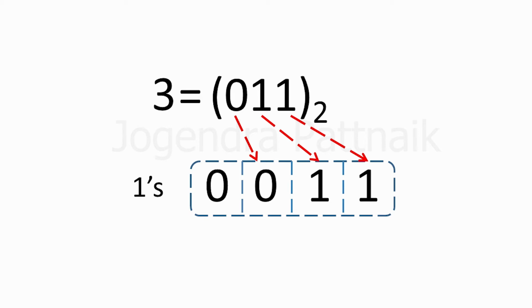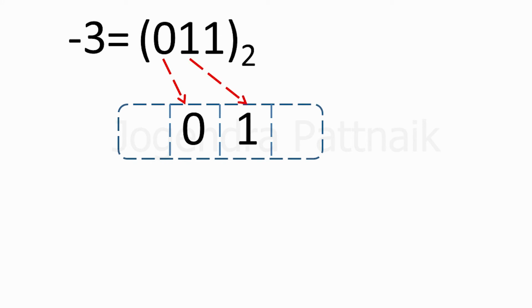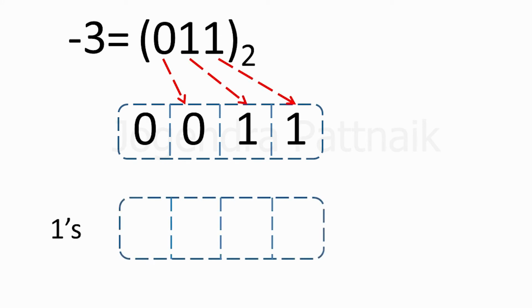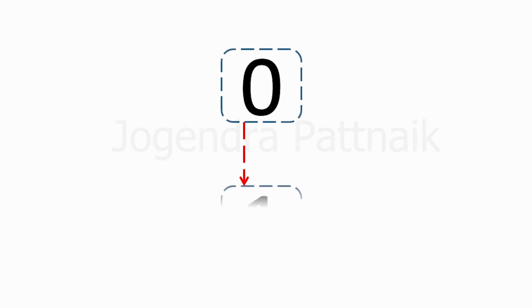Let's calculate the ones complement of the value negative 3. First we have to calculate the binary representation in 4 bits, which is 0011. Then to convert a positive number into a negative, we just have to complement each bit, that is we have to convert zeros into ones and ones into zeros. So our number will be 1100 in 4 bits representation. So what's the method? Calculate the binary and then complement all the bits, and that's our negative number representation in